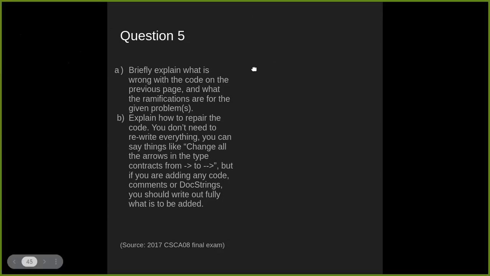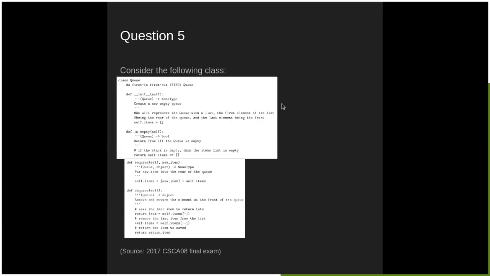So if you remember going back to the dequeue function, the return item is the item at the very last index, and then it sets self.items to self.items going from index 0 all the way to the second last character, and then it returns the last item, but it should be returning self.items at 0, and